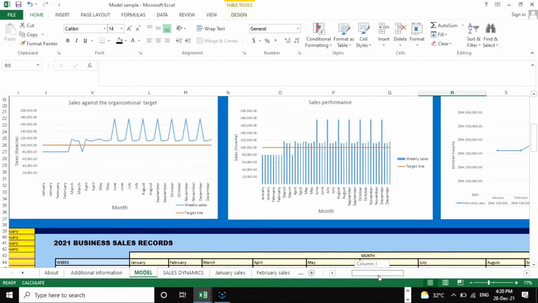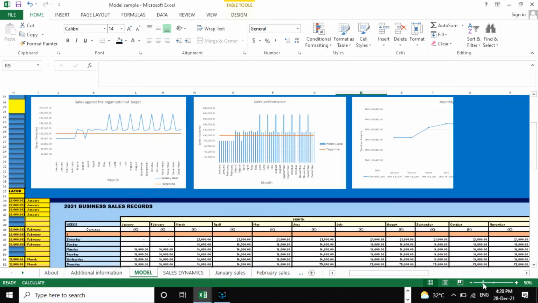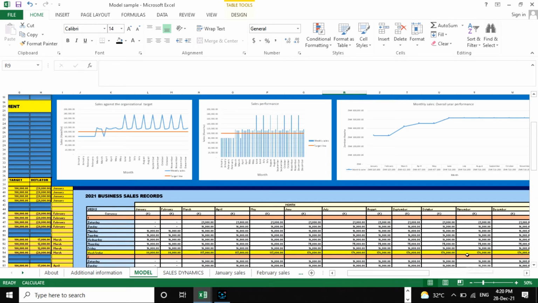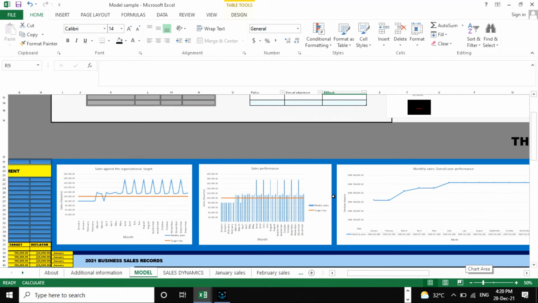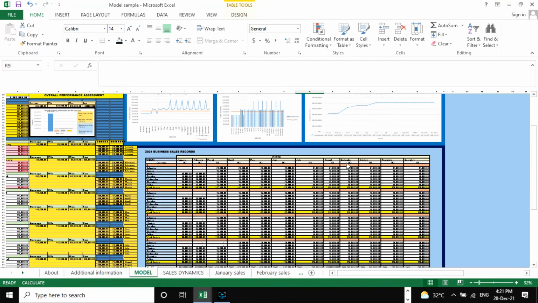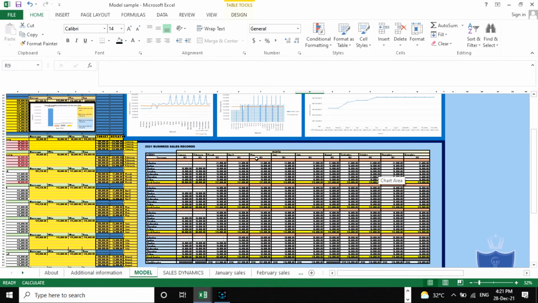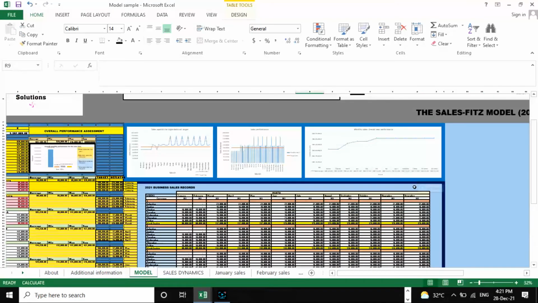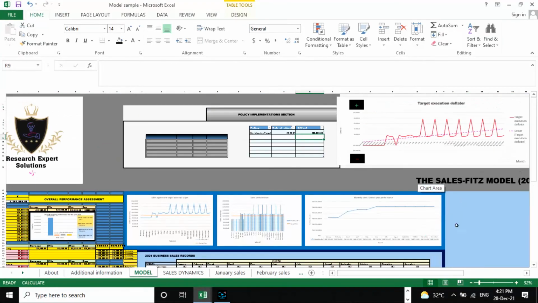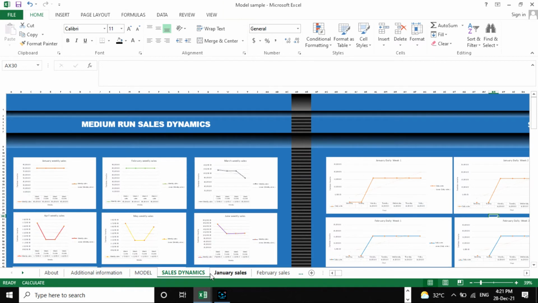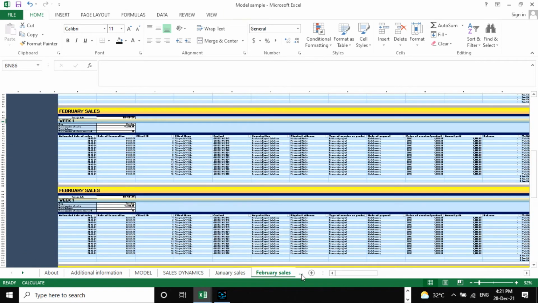This will enable you to track the performance of your sales in the company, and quickly come up with sales reports that can be presented to those that may be interested in understanding the dynamics of the sales and how they are performing, and whether the targets are being met, and what can be done to improve the targets, either in the short run, medium run, or perhaps in the long run. So that's basically how this model has been